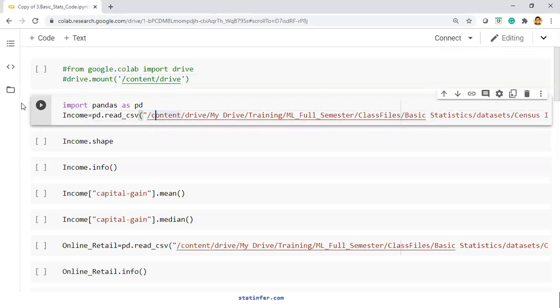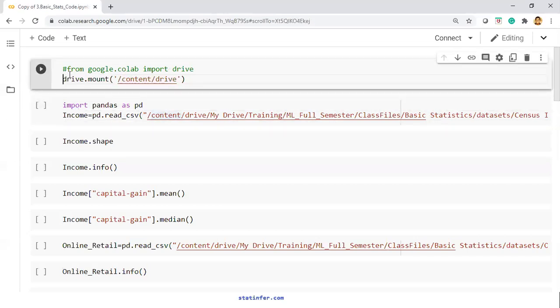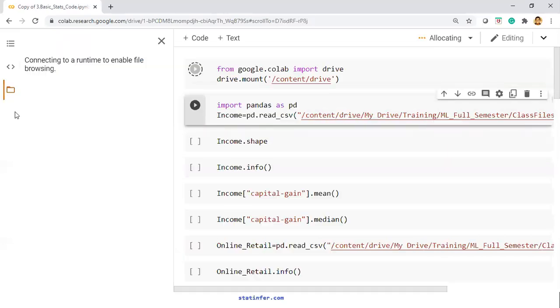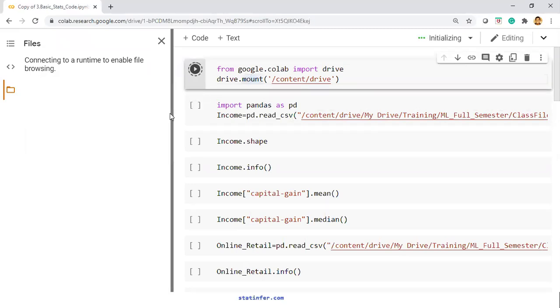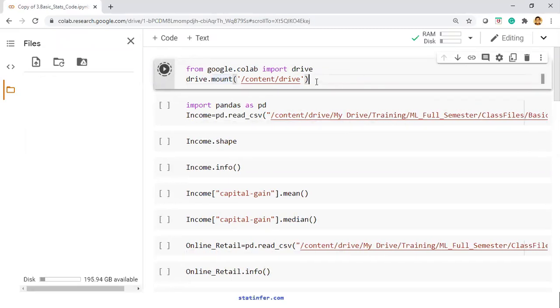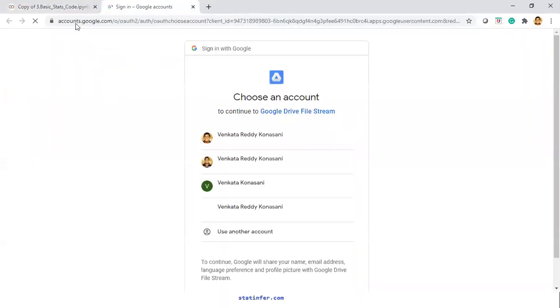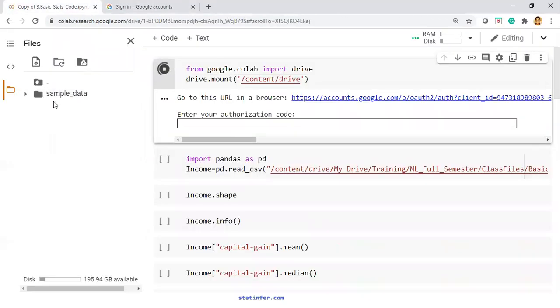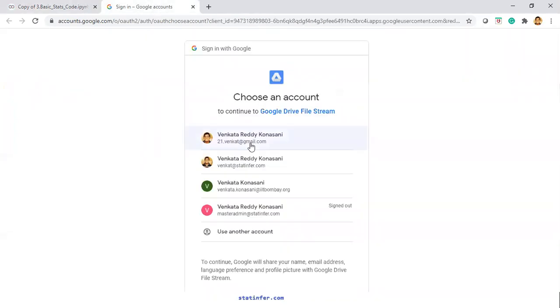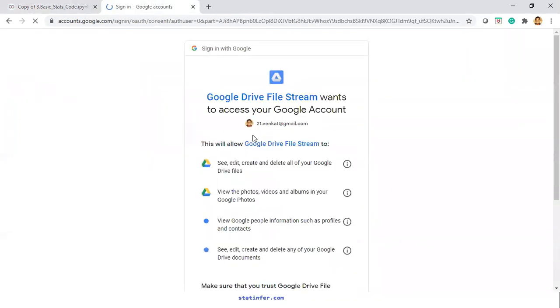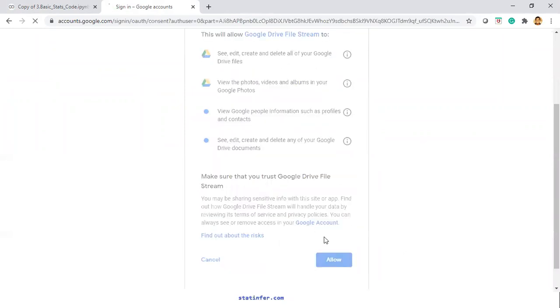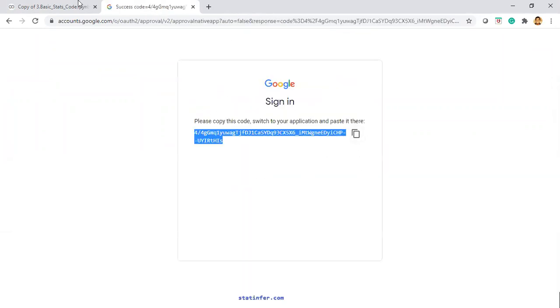First we will mount the drive. Either you can do it directly from here, or there's an option you will get after clicking on this. How do you know the drive has successfully mounted or not? As of now, on the left hand side, you will not be able to see your class files. After mounting the drive successfully, you will be able to see the class files.